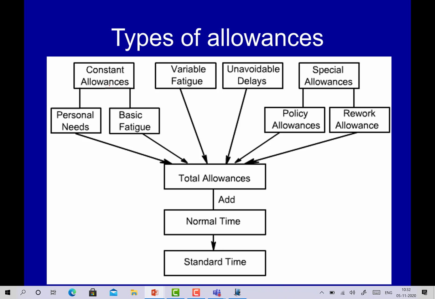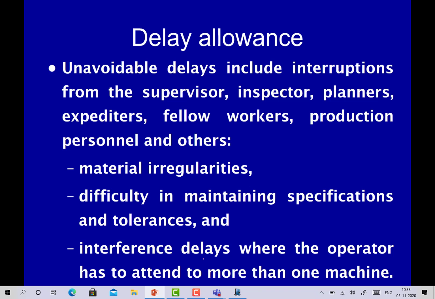So this is the same thing about which I said: constant allowance involving personal needs and the basic fatigue, variable fatigue, unavoidable delays, and special allowances. Then there are other types, like, as a policy, rework allowance, training allowance, and small lot allowance. So these are added. A particular percentage of all these allowances, like say 10% or 20%, can be identified, and then it is added to the normal time to arrive at the